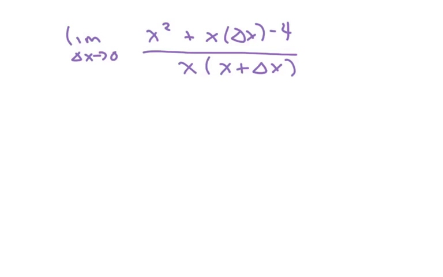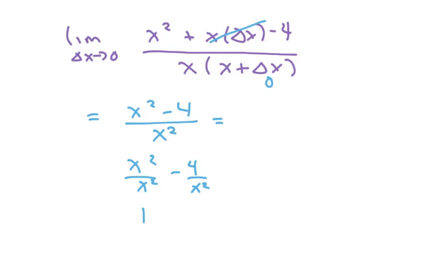So when you plug in 0, you're going to get x squared, and that will go away, minus 4. And then if you plug in 0 here, you're just going to get x times x, which is x squared. All right? And you can also write this as x squared over x squared minus 4 over x squared,